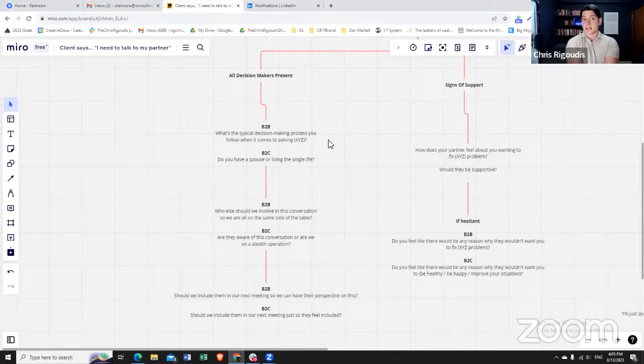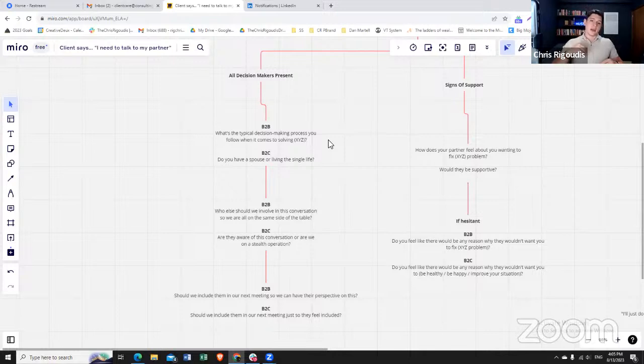But the last thing I want to do is trigger resistance from the person that I'm talking to. Because even if they're not the one making the decision, I can turn them into a champion for me. And that's what I want. They're on the call with me. Even if they're not the final decision maker, I want to turn them into a champion for me.